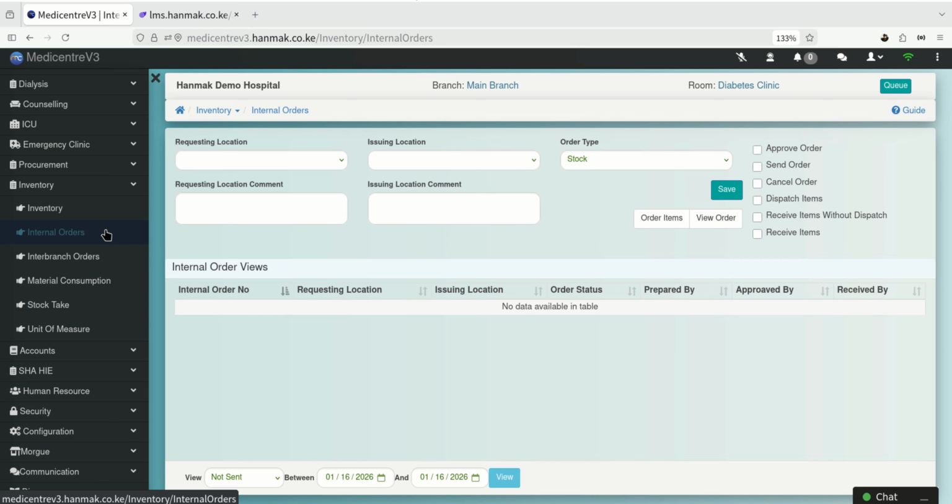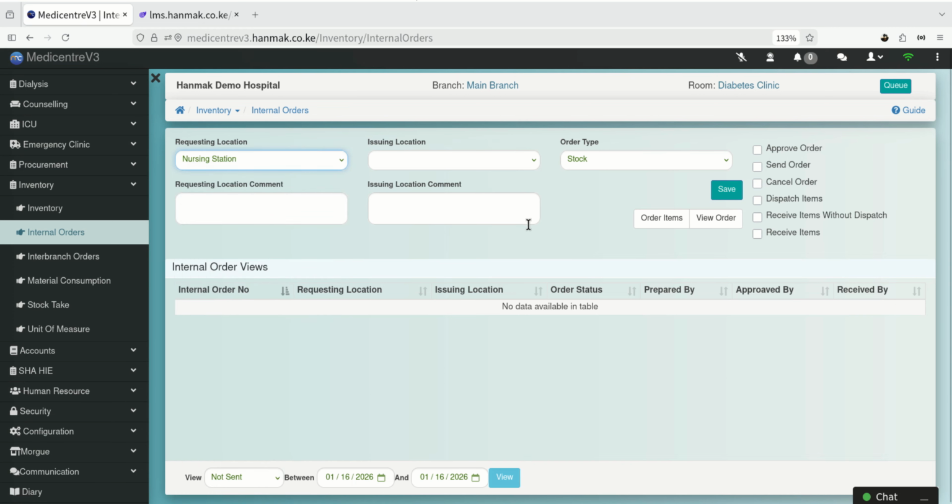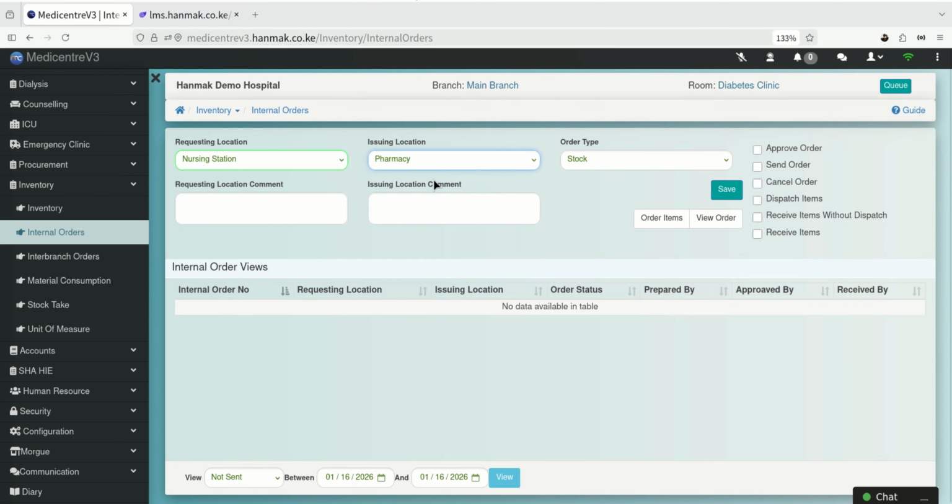So to make an internal order, you just come here in the requesting location. Who is requesting? Probably it's the nursing station. The issuing location, probably I want some things from the pharmacy. You can indicate some comments so that the person in the other location can understand your needs better, and then you can save. After you save, your internal order will appear down below, after which you're going to select it,